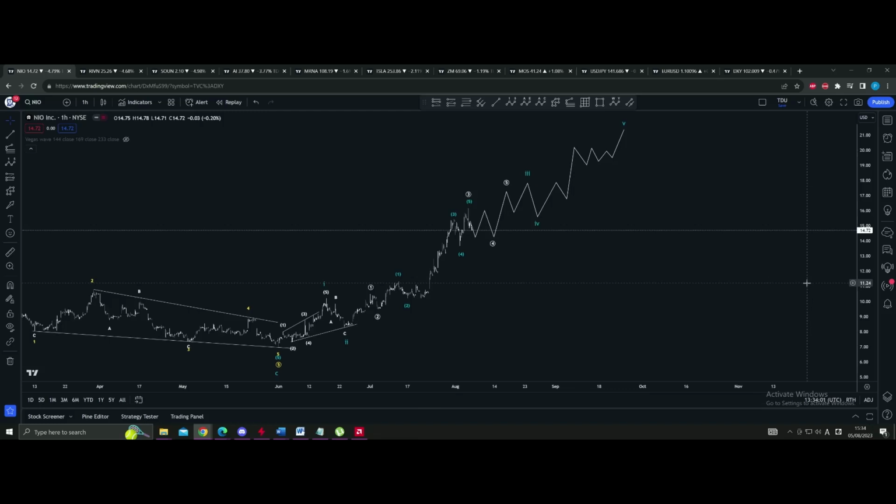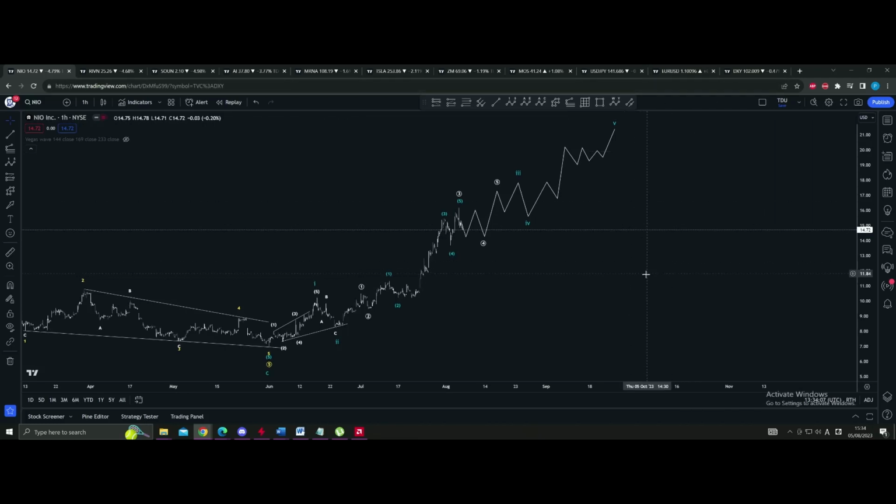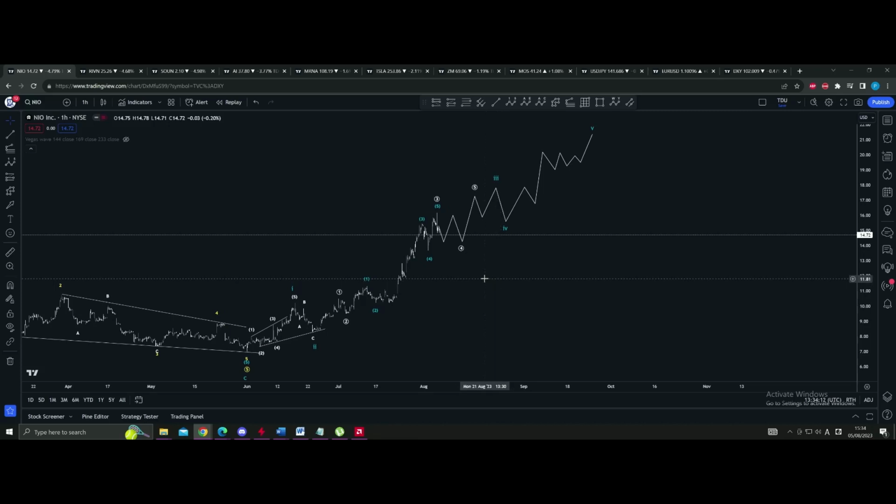Just gonna go over some of the Elliott wave counts that I'm following on the traditional assets and on the Forex as well. So first one is gonna be NIO, my favorite, and so I think that we set in our micro 3,